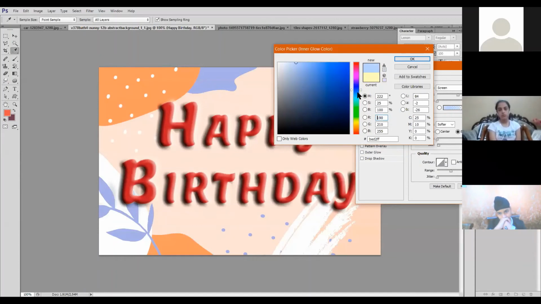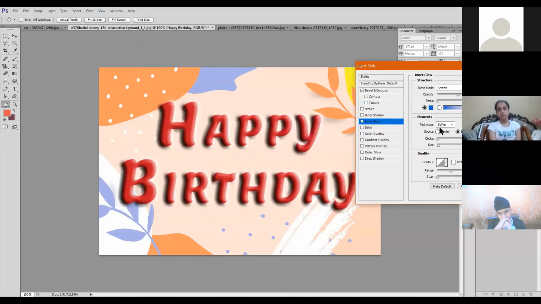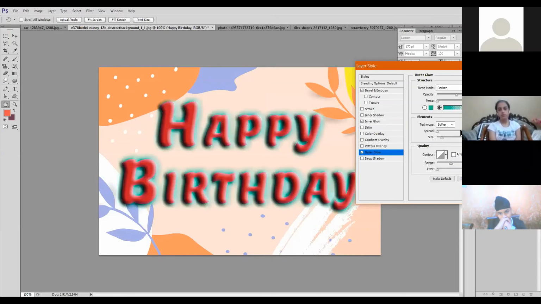You can give an inner glow. Size. Inside, the glow inside the text. Outer glow outside the text. Inner glow inside the text. This is the inner glow.